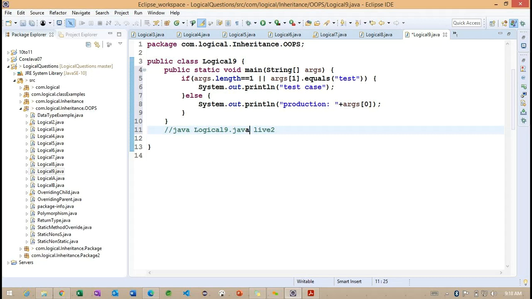So, a simple understanding here: I want to run this example from the command prompt. So what are we going to do? To run from the command prompt, we have the terminal here.